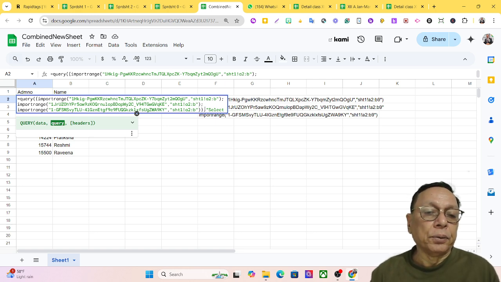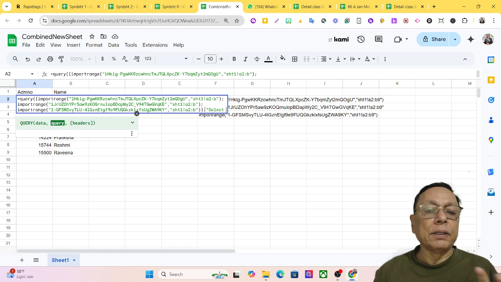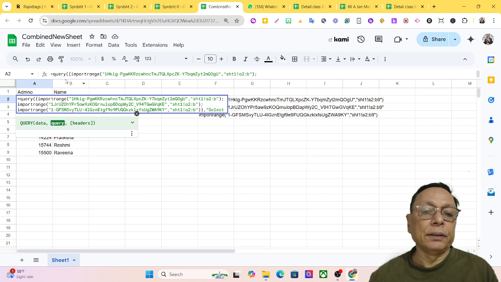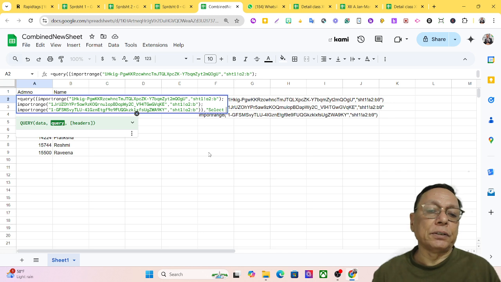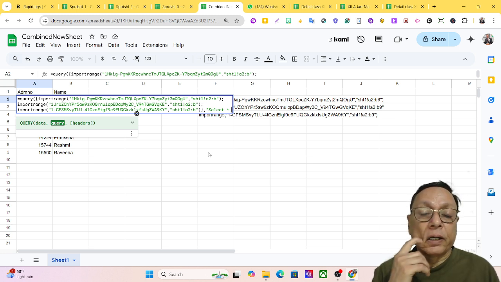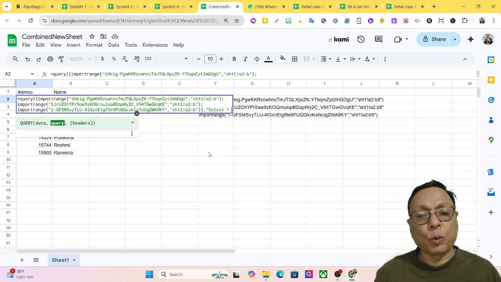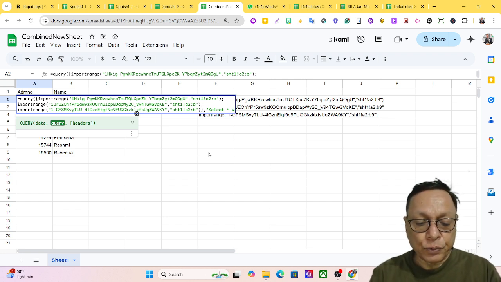select. Either you use Col1, Col2, Col3, or you can use column names like A, B, C, D, as the columns are here. These are the columns. Or you can use the asterisk, the wildcard, to include all the columns of the spreadsheet or the sheet. So I'm using the asterisk sign. And along with this, I'll use where to put a condition, because SQL is meant for querying. So the query is applied using the where clause. So I'll use where, then